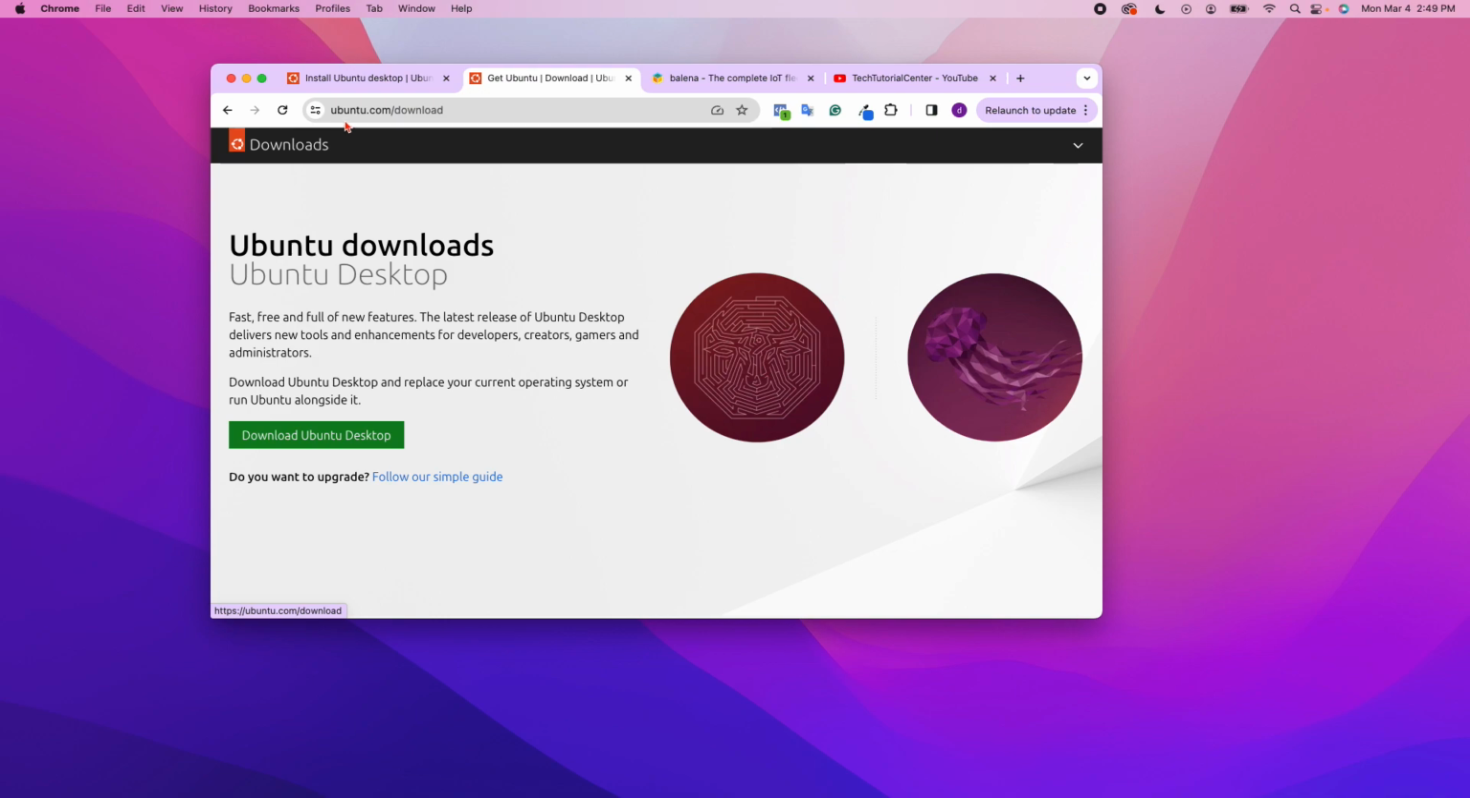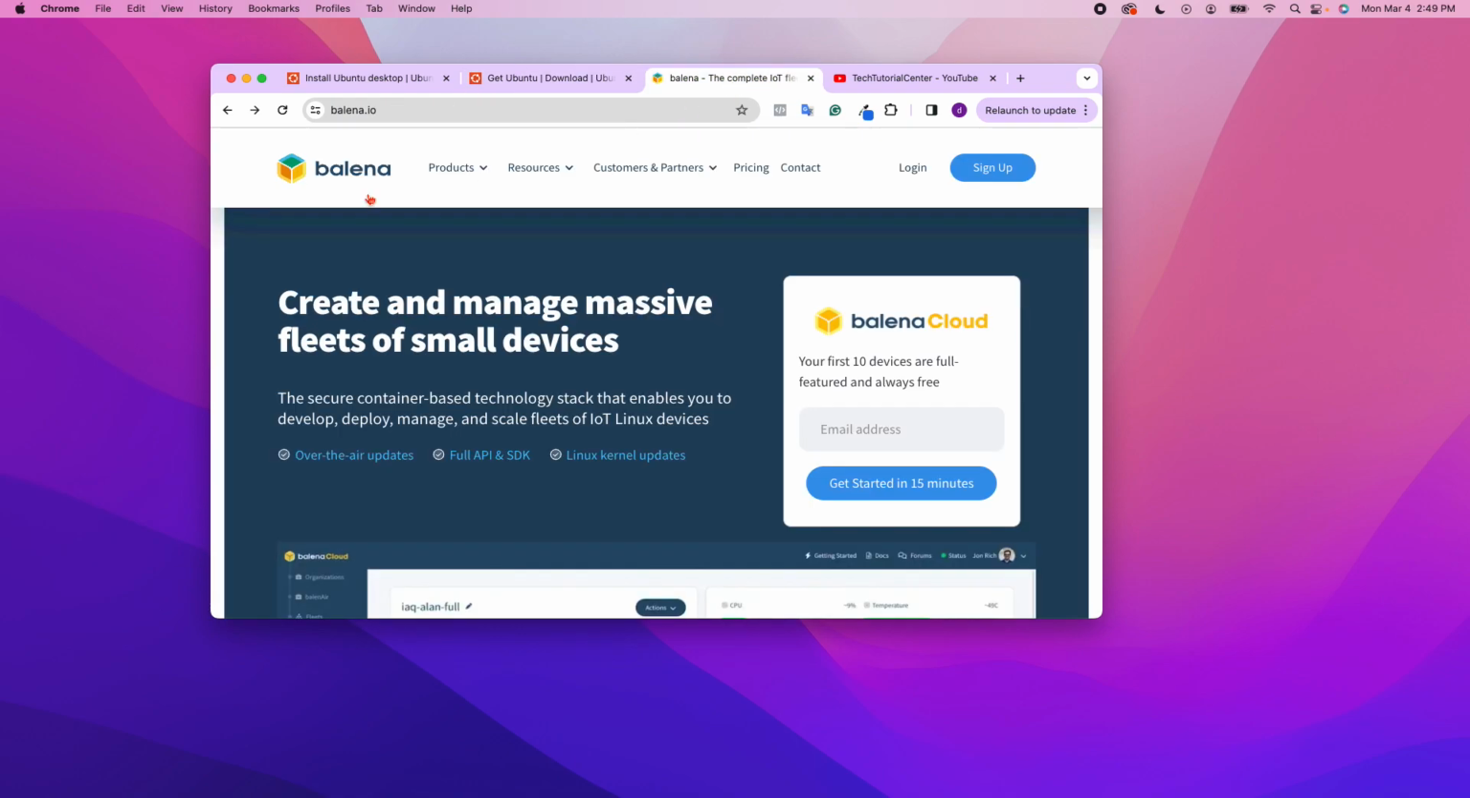So the first thing you want to do is to go to ubuntu.com/download. Then you click on download, then you download the operating system. I have it downloaded already, so I'm not going to download it again. The next thing you want to do, the next step, is to go to this website,